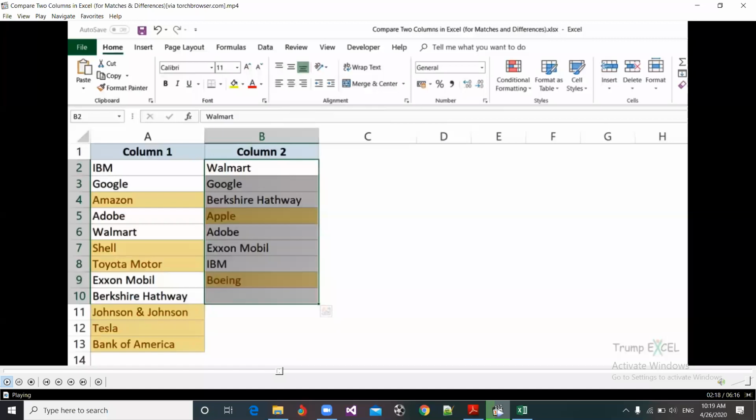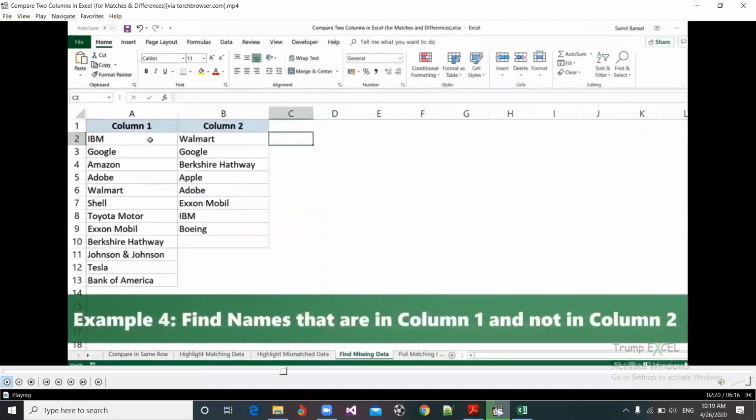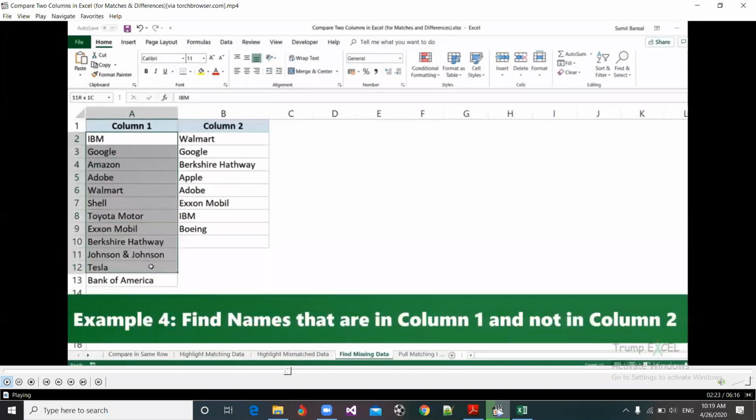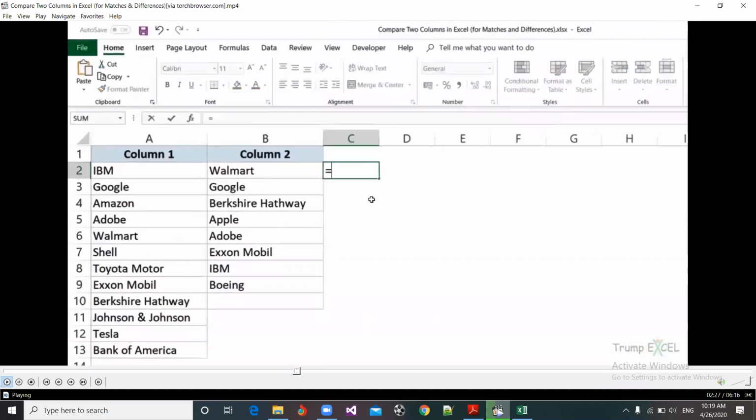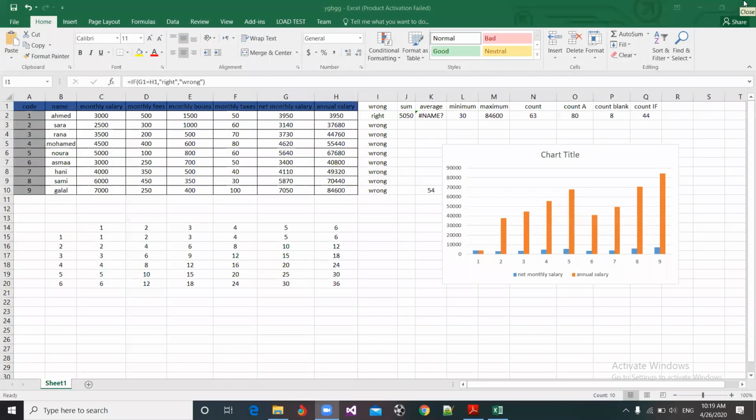Now let me also show you how to do this using a formula. I want to find out what are the names that are there in column 1 but not in column 2. So here I can use a VLOOKUP formula where